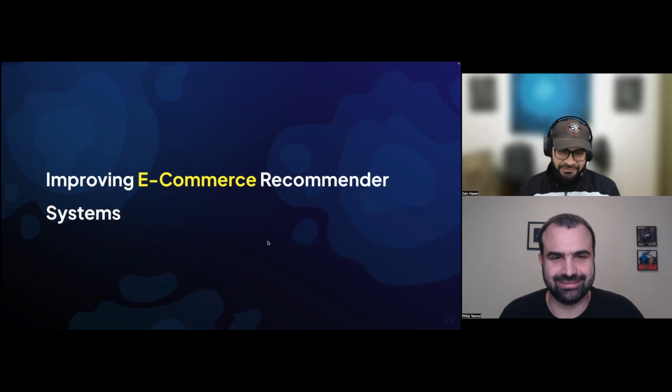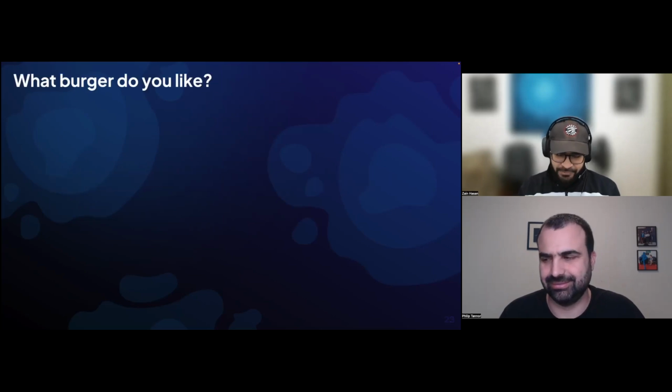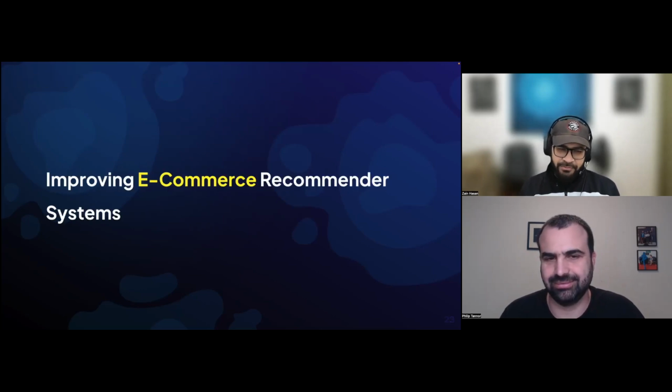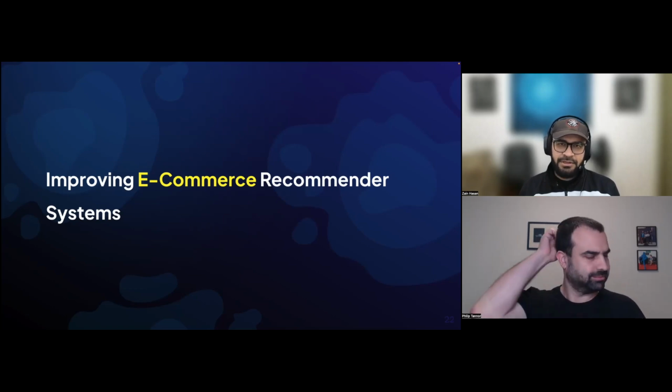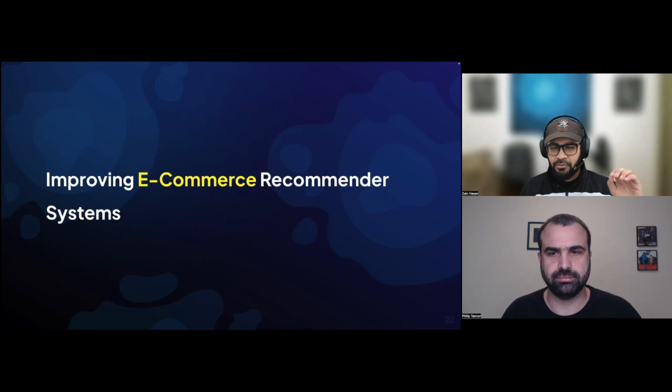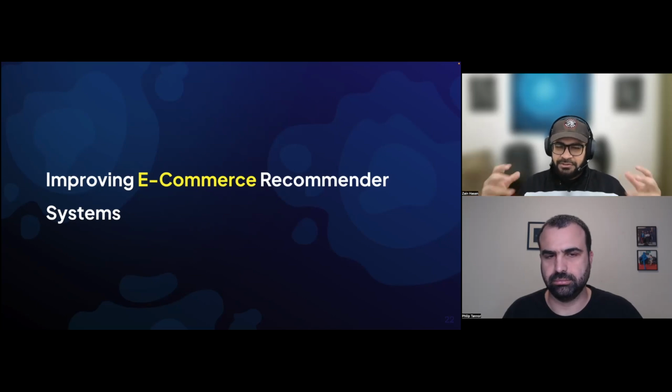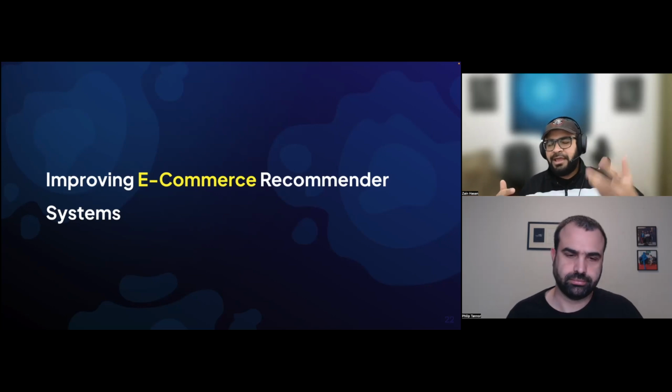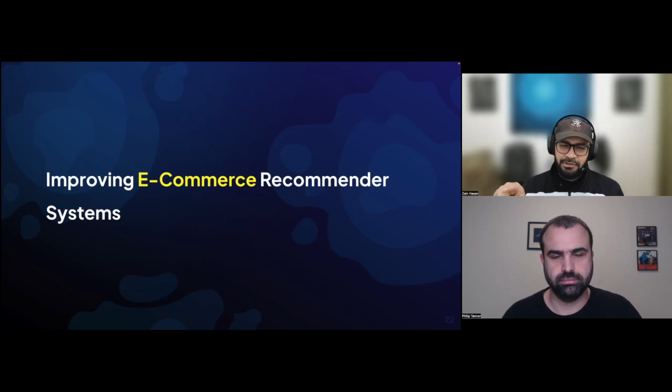All right, awesome. So I'm going to talk about two examples here. The first one is improving e-commerce recommender systems. So let me lay the groundwork. Right now, a lot of e-commerce recommender systems, and a lot of you might know this much better than me, are based around text-based search. What that means is if I go to Amazon or Shopify and I click around, they'll look at what I'm clicking on and they'll look at the text description and some metadata of that, and they'll use that to filter what else they recommend to me, right? So if I like a particular shoe, they'll look at the description of that and do recommendation based on that description.